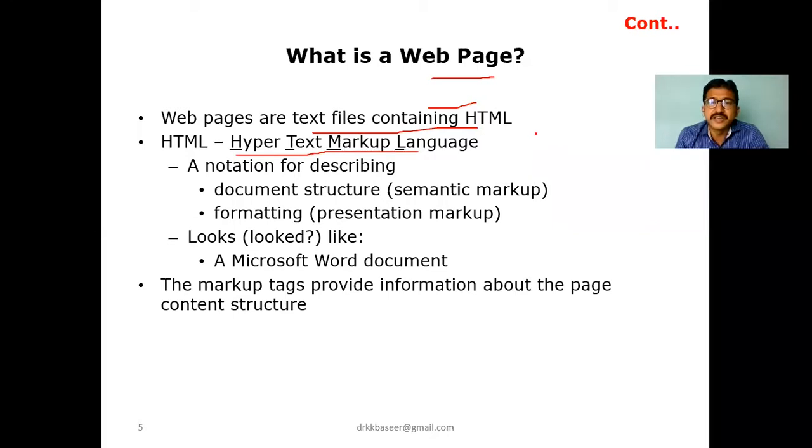How do you describe a syntax for a variable? A data type, followed by a variable name, then a semicolon, in C, and maybe in Java as well. This is the syntax for a particular declaration of a variable. In the same fashion, the minimum main steps for describing HTML are a document structure followed by a format.